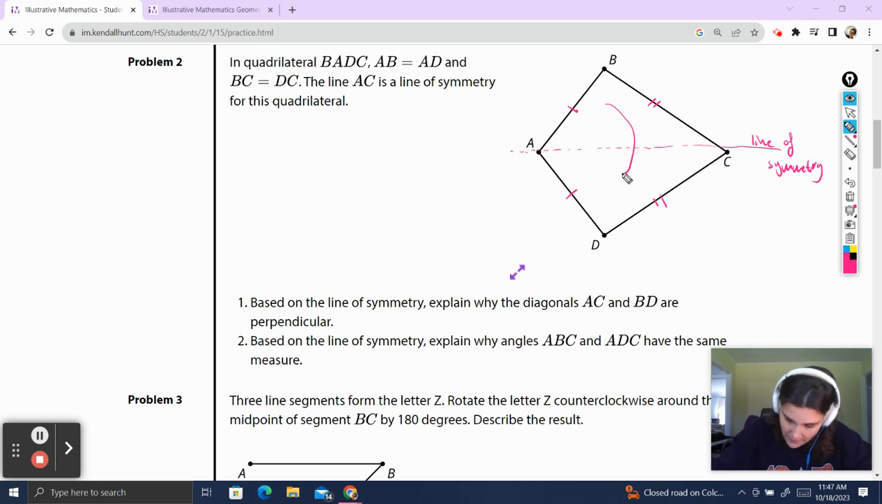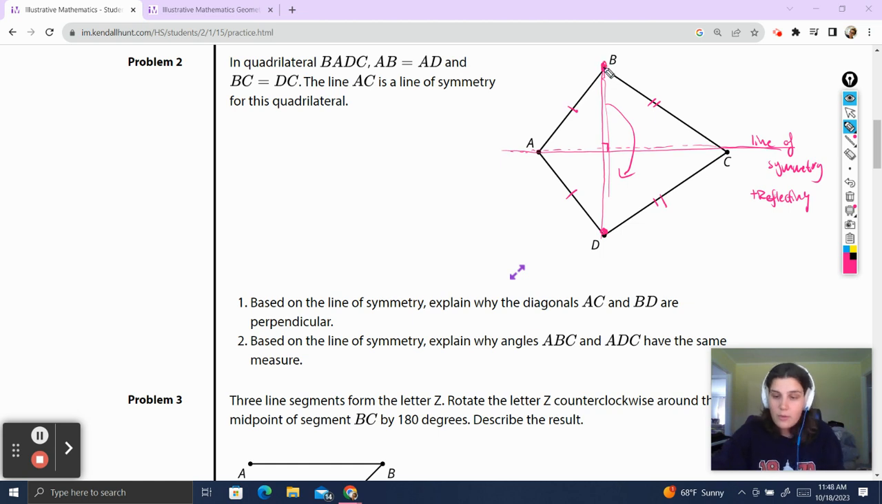Now let's read our questions. Based on the line of symmetry, explain why the diagonals AC and BD are perpendicular. So we have AC, which is our one diagonal, and our line of symmetry. And question 1 is saying, why is BD, coming right through it, going to be perpendicular? Now, we just talked about how the line of symmetry is the same as reflecting over. So not only is this a line of symmetry, it's also the line of reflection. And if you go back to our reflections lessons, you remember that to determine a reflection, what we do is we'll draw a line perpendicular to the line of reflection,